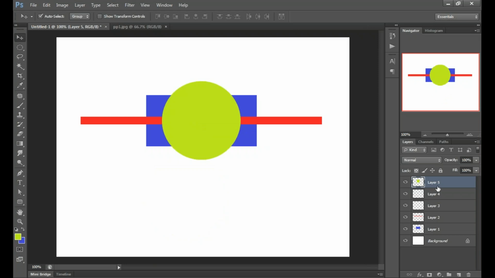I can see that because this circle is on layer 5, on the upper side of the layers bundle, it's showing on top. Okay, we want to keep the red bar on top, so we have to place that layer 2. Layer 2 has the red box, so we will move layer 2 to the top of the layers panel, and it will show here on top of the green. Okay.